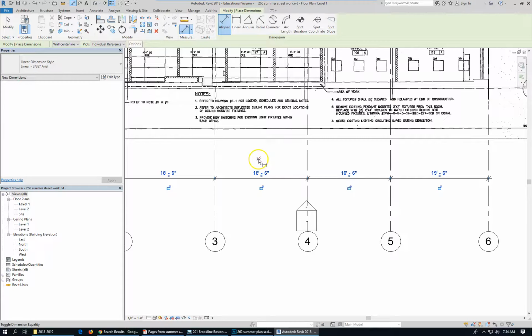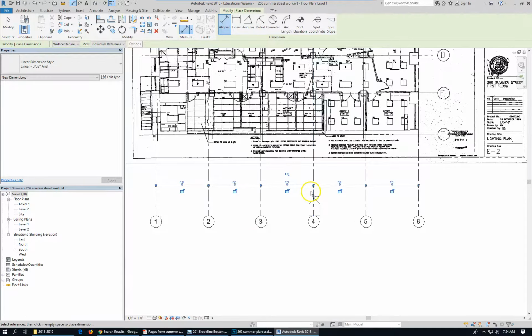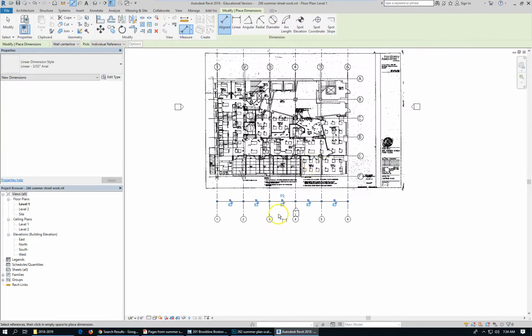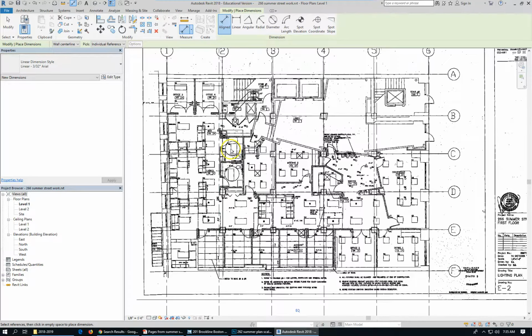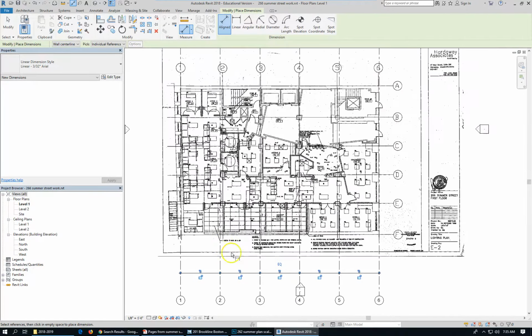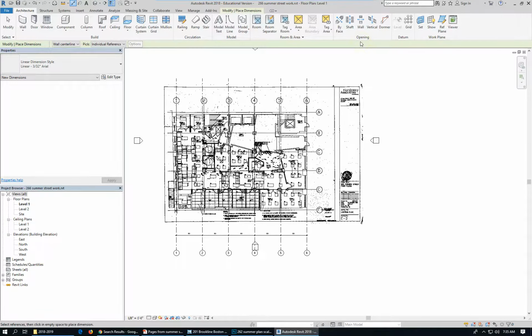And what we can do is simply click on the equal, and that will space those evenly. Let's see how that looks. There's some distortion in the drawing because the elements are not either there's some irregularity in the grid, or there's some distortion in the grid lines. So let's leave that for now and draw in